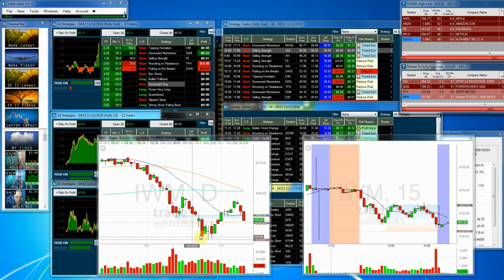And IWM, same story all over again. Big pullback. It's looking pretty drastic at this point. Certainly looks like a rollover, and like we just had a little bounce here to the upside, and now it's going back down. About average volume, and closed near the lows. So a little bit of